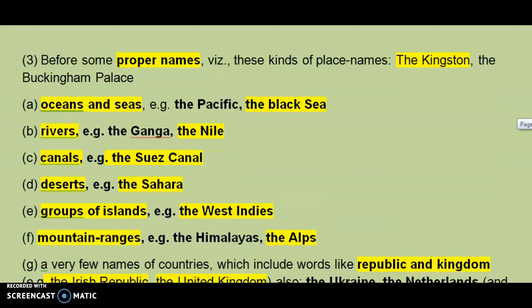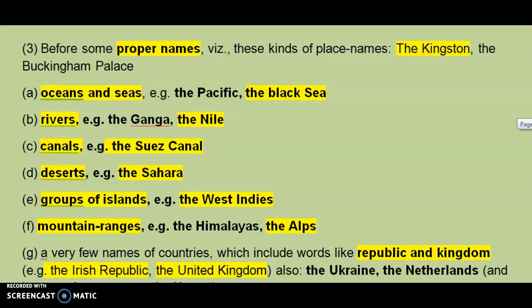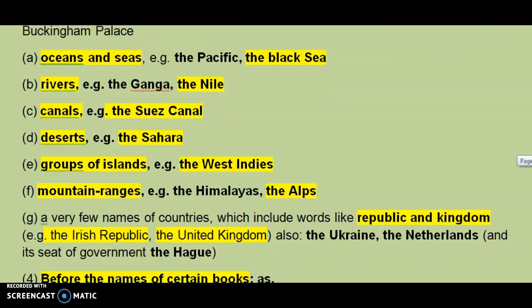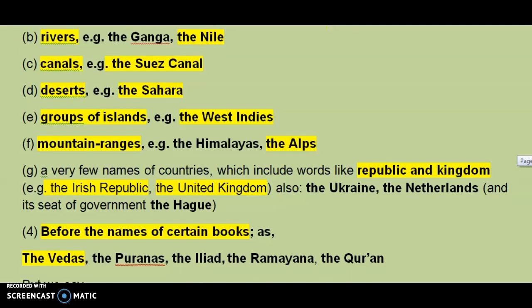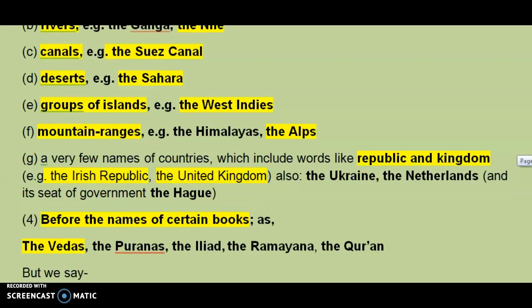The next rule is that it is used before some proper nouns. For example, certain families, if you say the Kingstons or the Buckingham Palace, it's a proper noun, thus the is added before it. It is also used before oceans and seas, the Pacific Ocean, the Black Sea. It is also used before rivers, for example, the Nile. Before canals, for example, the Suez Canal. Before the names of deserts, the Sahara Desert. It is also used before groups of islands,